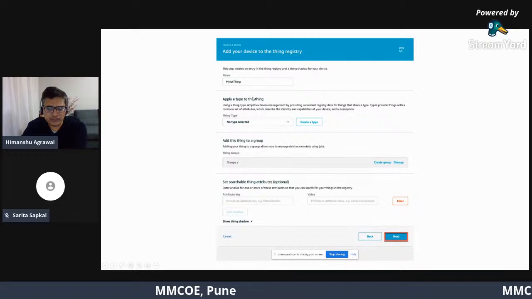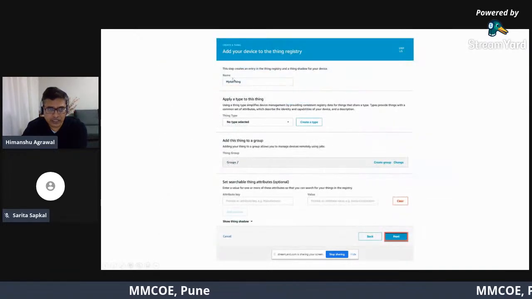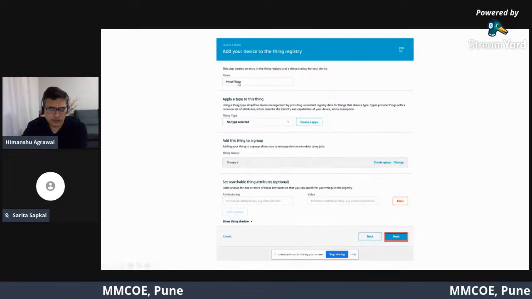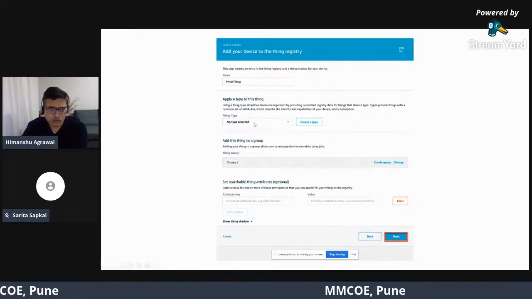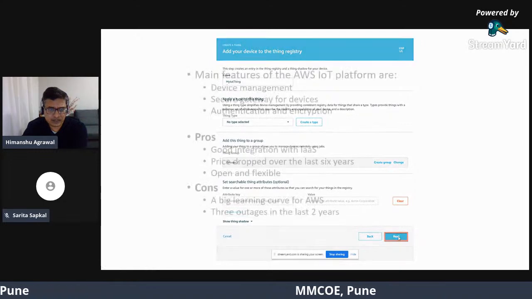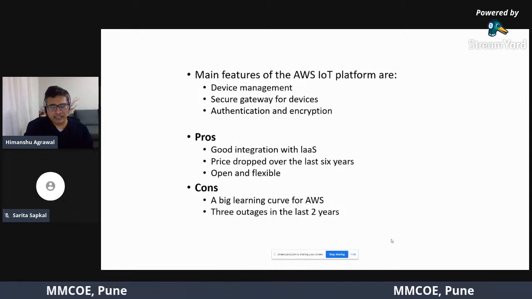When you click on create a single thing, it will take you to this screen where you name that thing, say my IoT thing, and you keep it under this group. Then you click next. That's how you create that thing under the AWS platform.